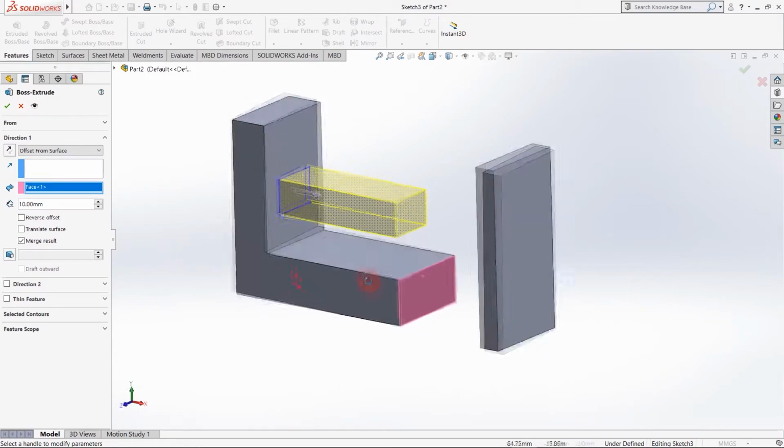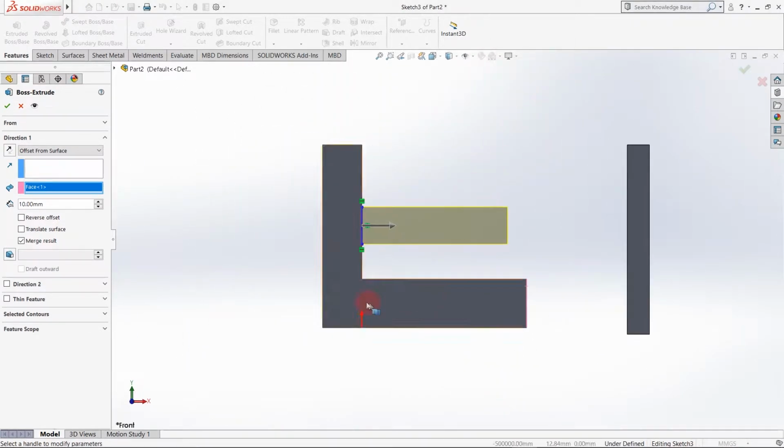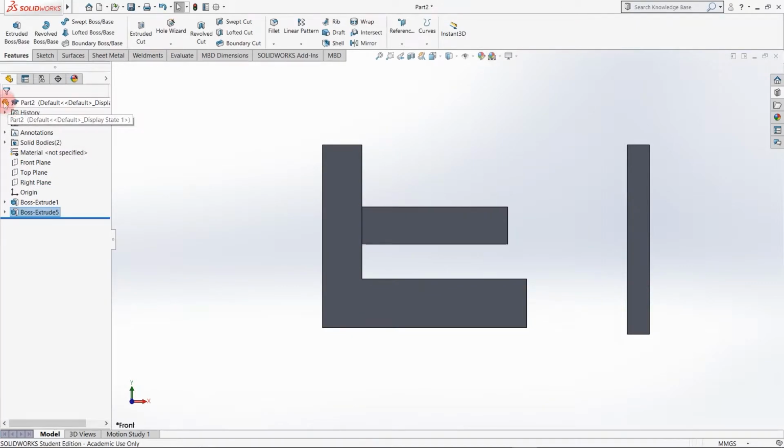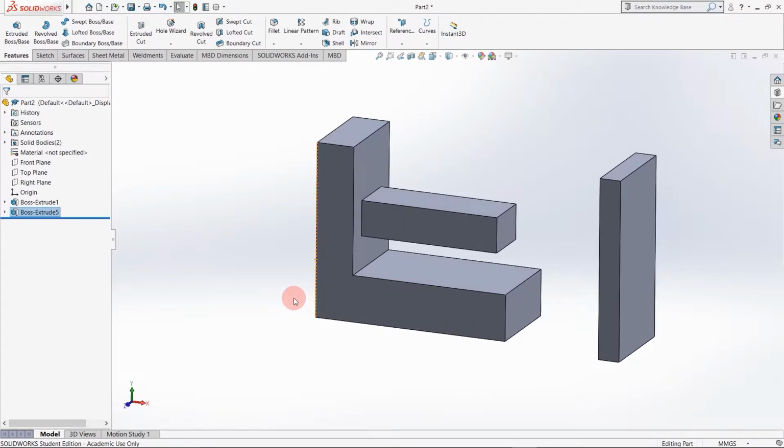As you can see in this view, our component is extruded 40 mm from this end and 10 mm away from this end. If I click OK, you can see our component is 10 mm away from this surface. So this is another option we get in the extrude command.